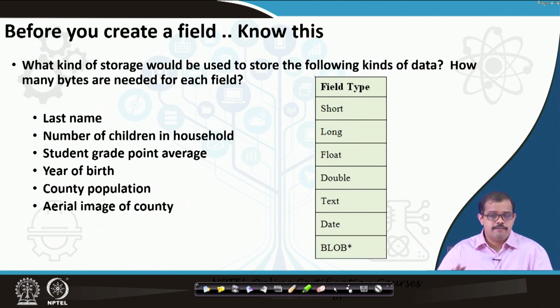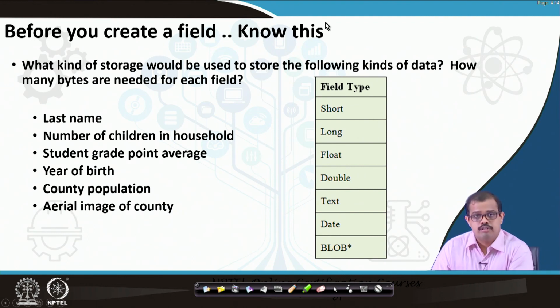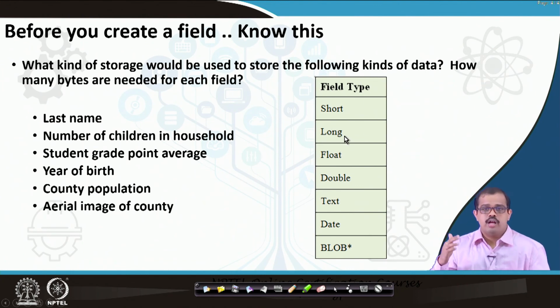But before you create any field, or store attribute information, you should know certain things. The first thing is what kind of field you are trying to use. If you are using a student's name, is it long or short? Or if you are storing the age of a person, is it a long integer or a short integer? You should know what data type you are storing, whether it is an integer, a float, or a string. So look at the way it has to be stored.